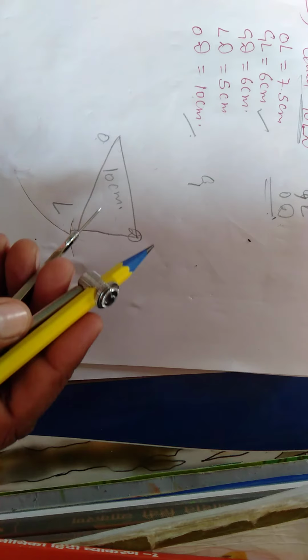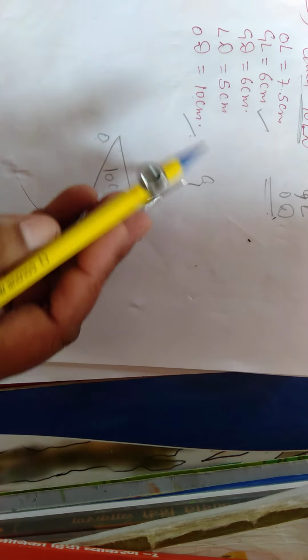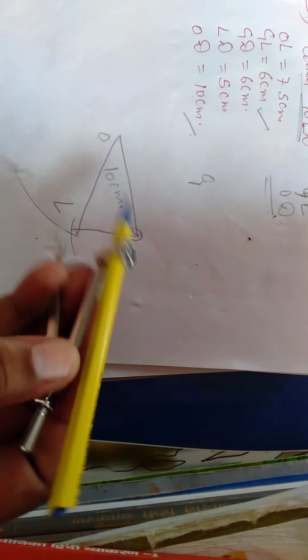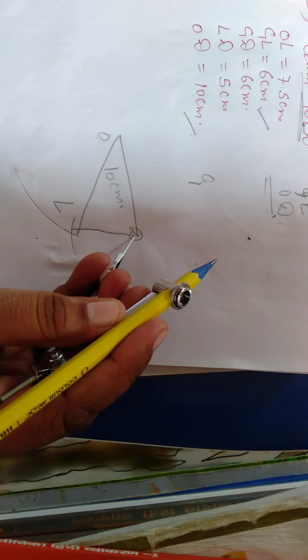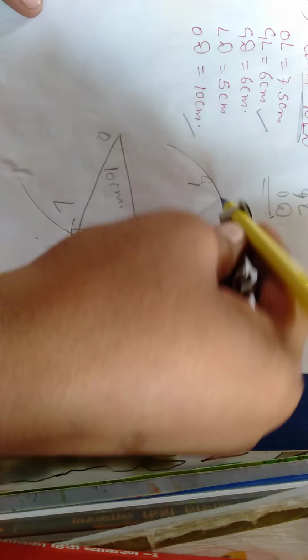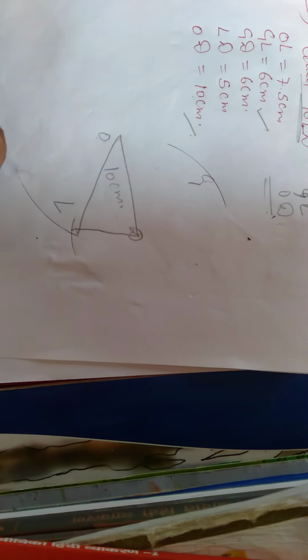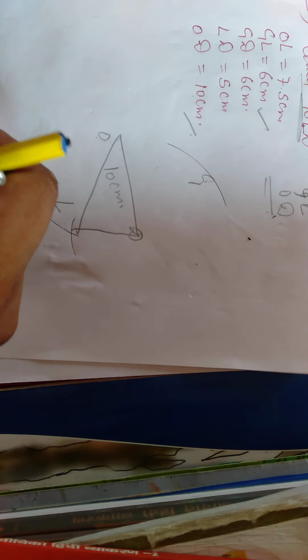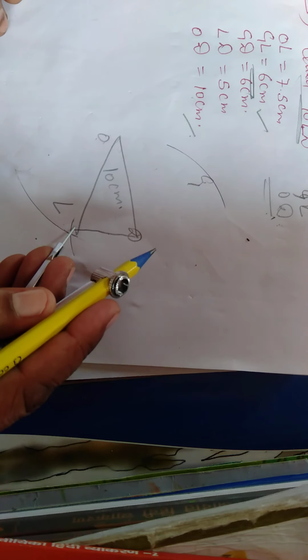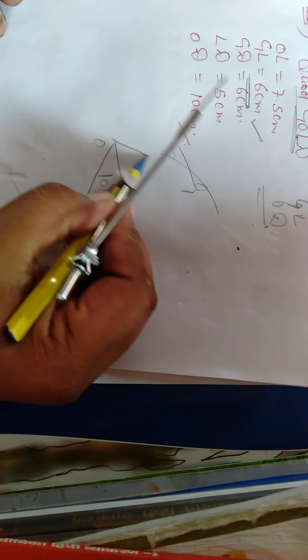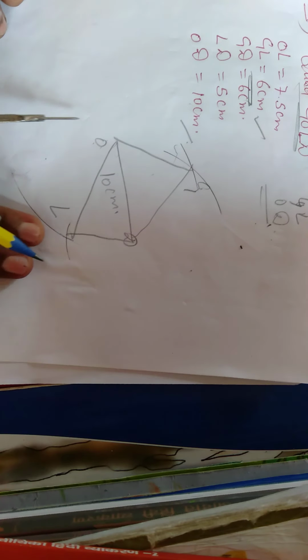Now GD is given, yes, GD is 6 centimeter. So open your compass and make the arc from D to G, 6 centimeter, and one of these two we will require. Maybe OG is given, or maybe LG is given. So one of them must be there. LG is given, 6 centimeter. So open your compass, put at L, and cut this arc, and you will get this G point, and then match. So this is your rough sketch, right?